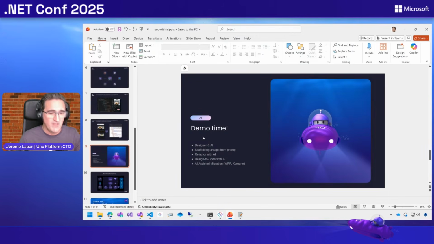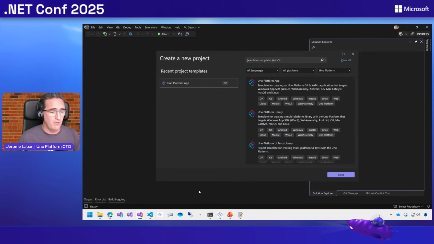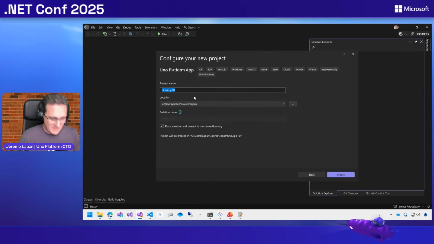So the first one that I want to show you is basically how to create an application with Uno Platform. If you haven't done that already, you can use Visual Studio, you can use .NET and others, but I'm going to be using Visual Studio. You can install our extension. I'm going to be creating a .NET Conf